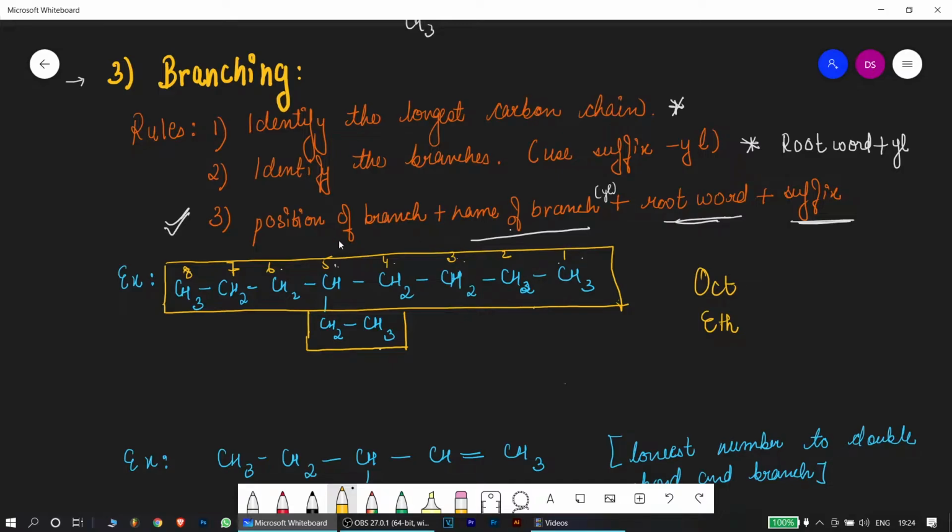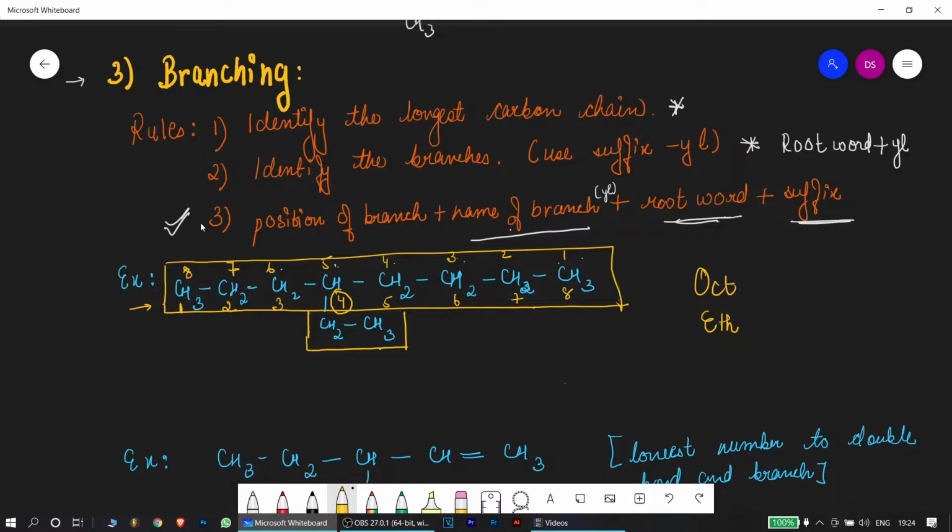Now if you look at the numbering here, the branching is getting the 5th number. But if we start numbering from the lower side, that is 1, 2, 3, 4, 5, 6, 7, 8, then the branch is going to get number 4. So obviously we are going to opt for this numbering because we have to give the lowest number to the branching,